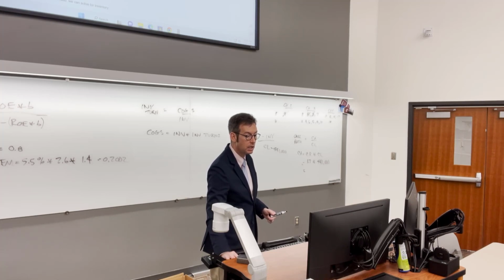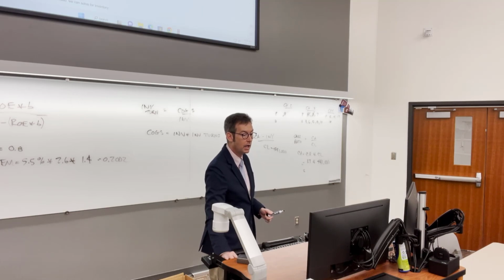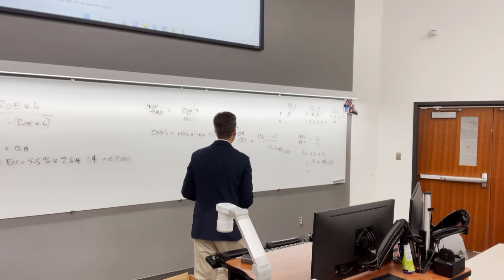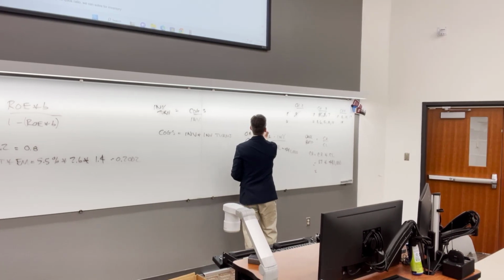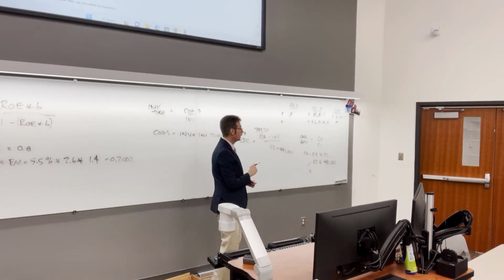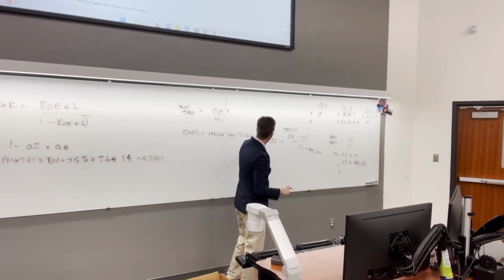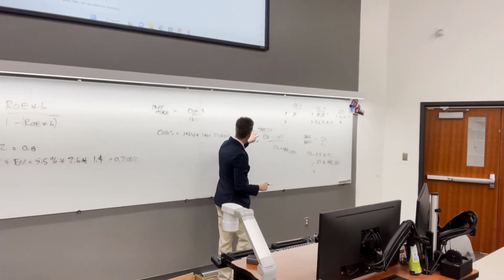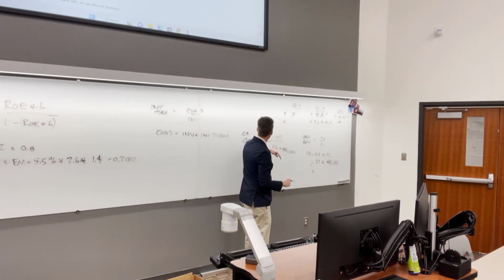$1.7 times 441,000 equals, I'm getting $749,700. Does that look right? Okay, now they tell us quick ratio, we've got that, and so now